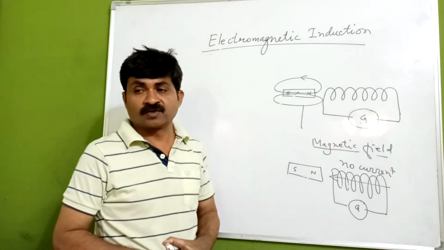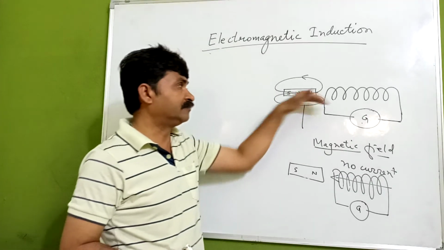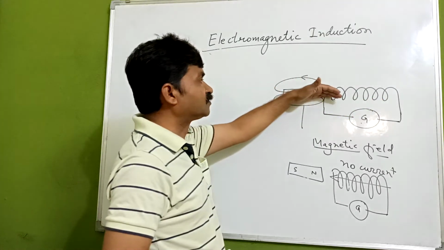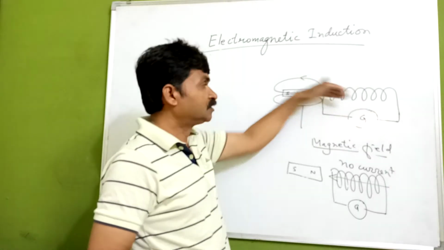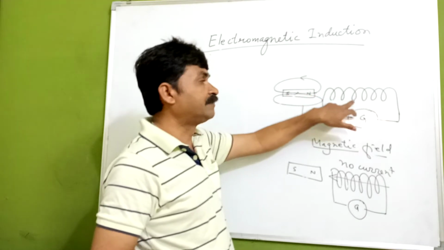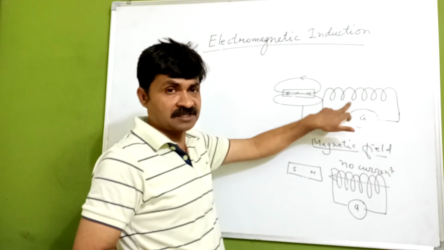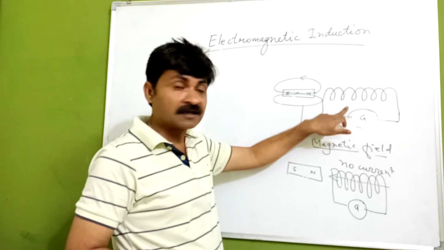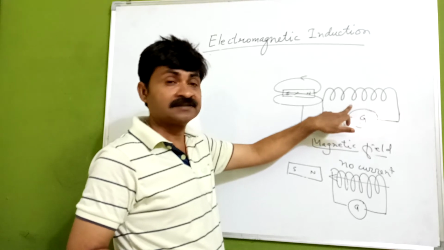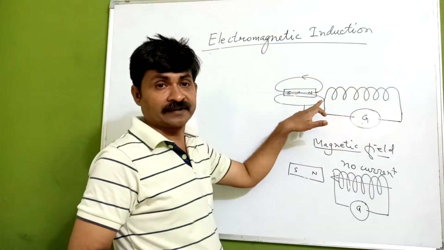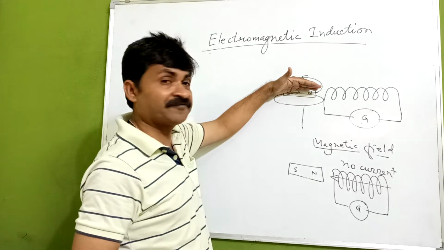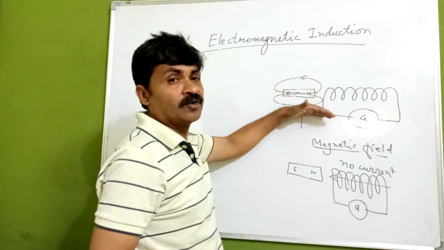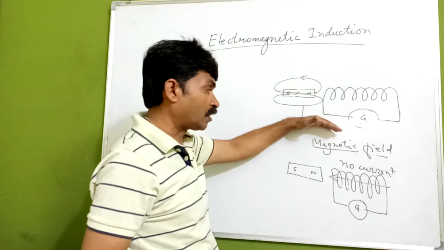Okay. So what we have got here is a coil kept fixed and this magnet moved to and fro. Then there will be magnetic field lines, and a change in the magnetic field lines. A change in the magnetic field lines causes an EMF to be generated in it. This EMF causes a current to flow through it. If this magnet is kept fixed, there will be no change in the magnetic field lines, there will be no EMF generated, and there will be no current.